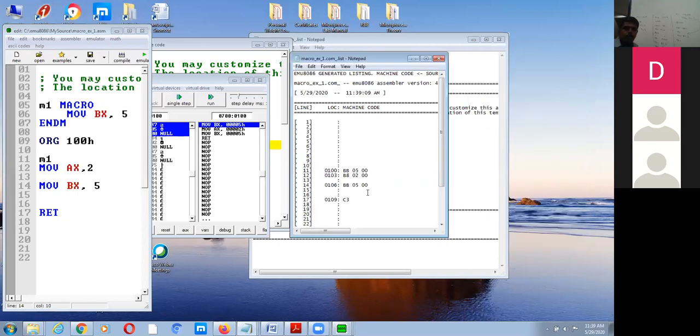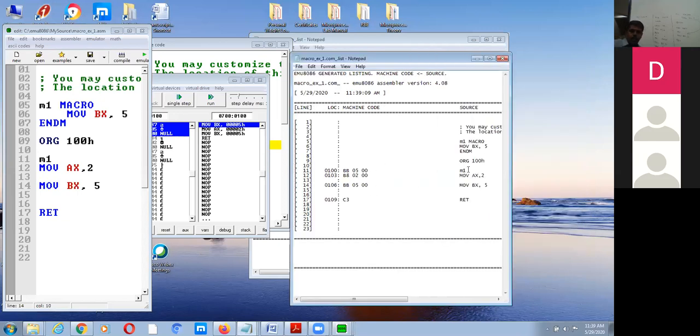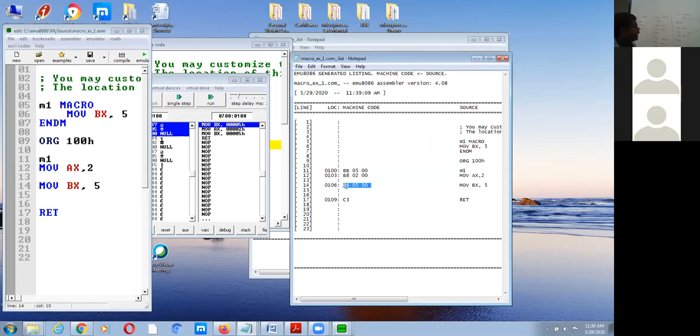Now you see here, when we invoke the macro, what is the machine code that is generated? It is nothing but BB0500. And when we write the instruction MOV BX, 5, the same machine code is generated. This is what we are telling.